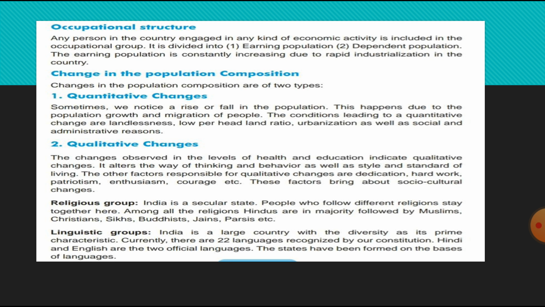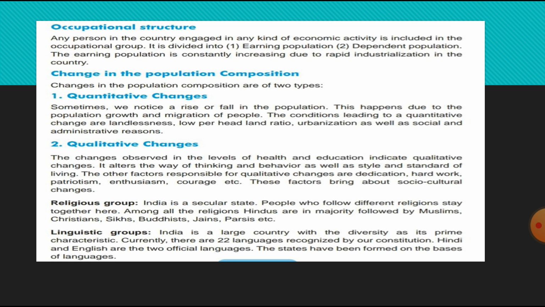The conditions leading to quantitative changes are landlessness, low per head land ratio, urbanization, as well as social and administrative reasons. All these reasons are counted in the quantitative changes. How do the quantitative changes arise? This happens mainly in the rate of population growth and migration of people, and